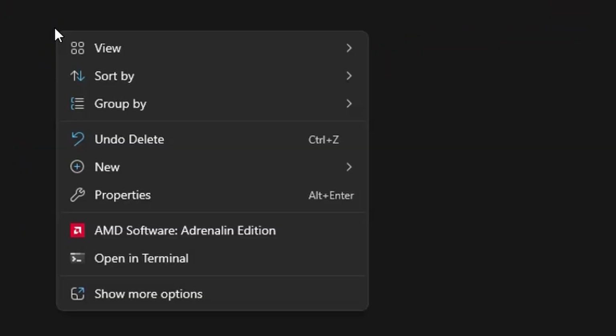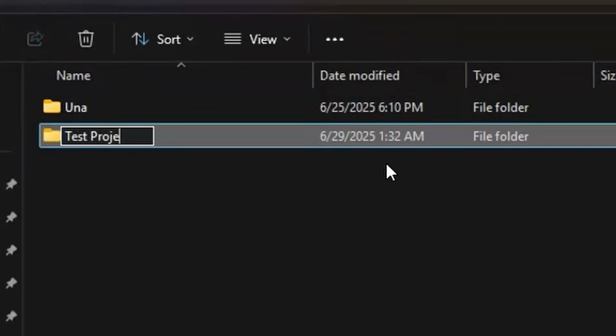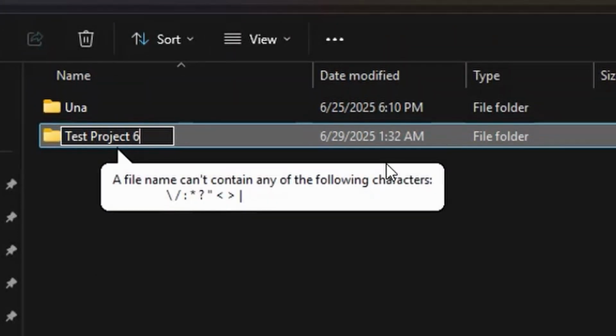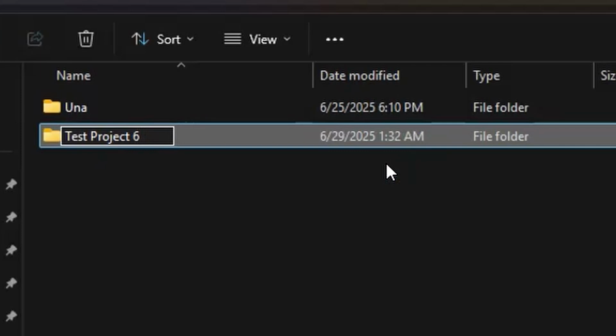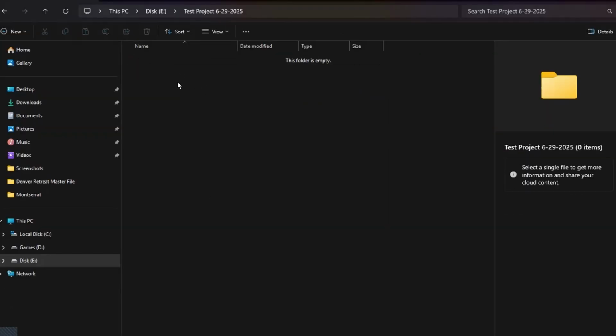So for every video project, we need to create a main folder, label it clearly. So like test project, and then the date today, 6/29, 2025. Inside that folder, we need to create like